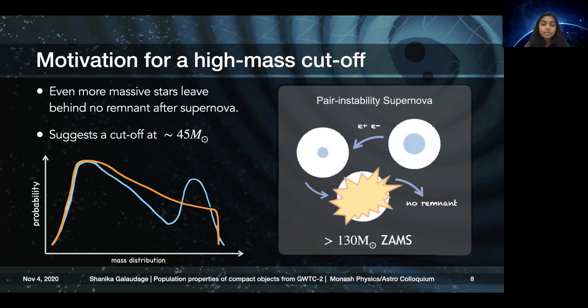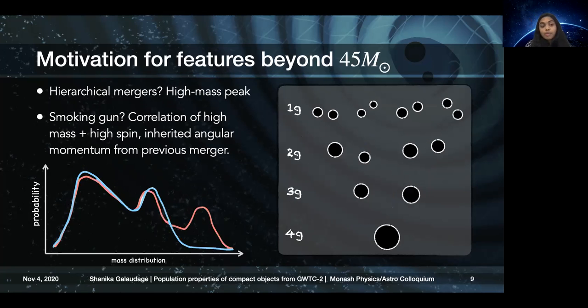Which means that we would expect some sort of cutoff at the end of the distribution, whether it be really sharp or it might be a bit more smooth. But we expect there to be no black holes beyond 45 solar masses if we consider just this process. But what you may know is that GW190521, which was the most massive event detected to date in our gravitational-wave catalog, is considered to be what we call a hierarchical merger, which would allow for things beyond 45